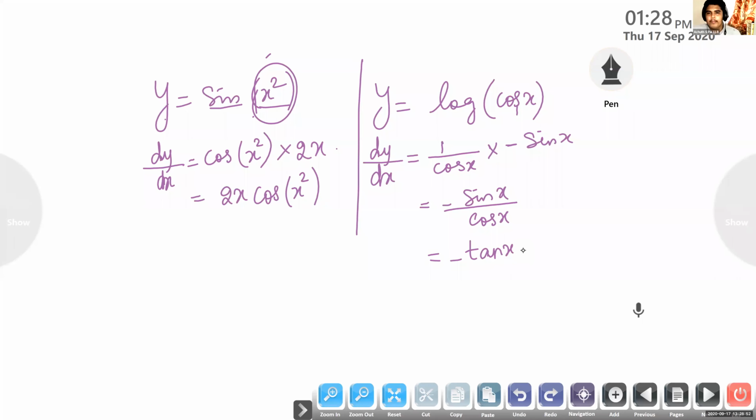Ma'am, in this first question, can you explain again? I didn't understand. First one, sine of x square. Okay, so which is the first function you have? Within the sine only you have another function here. So you start with the derivative of sine x. What is the derivative of sine x? Cos x. So in the place of x, what do you have here? x square. So what is the derivative of sine of x square? It is cos of x square